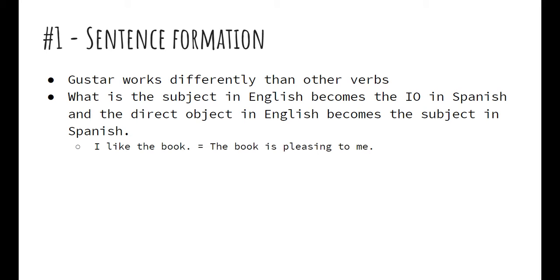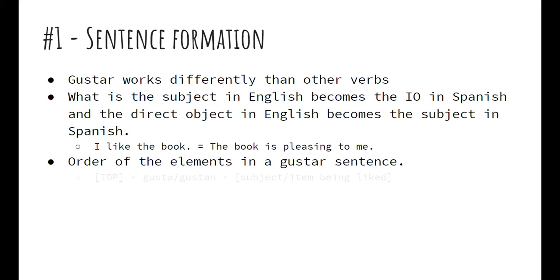I like the book becomes the book is pleasing to me, and to me there is what used to be the subject, I, and the book, which was a direct object, becomes the subject. The order of the elements in a Gustar sentence will also be a little bit weird. You'll have your indirect object pronoun typically first, plus then gusta or gustan, and then the subject or the item